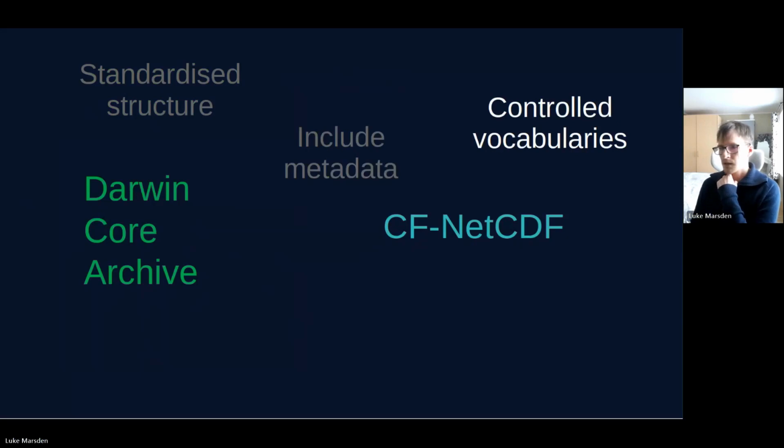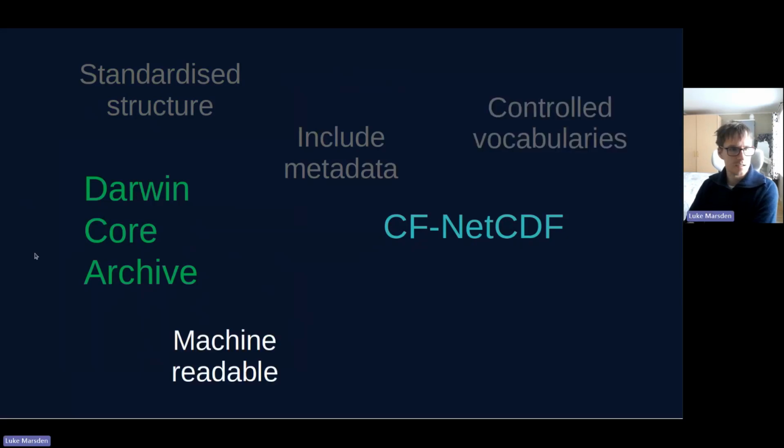The data and the metadata conform to controlled vocabularies. A controlled vocabulary is a list of terms that's searchable online, and each term has a description. So the creator of the data can read that description, use that term, and the user of the data can also read that description, and they should then have some common understanding of the data. All this together makes the data machine readable, so it's possible to build services on top of the data.